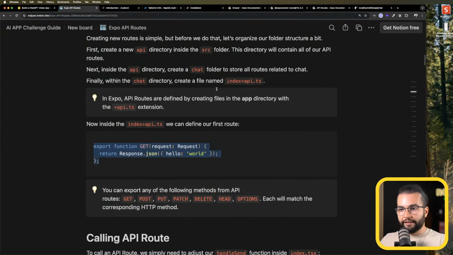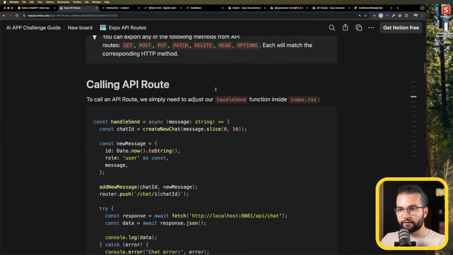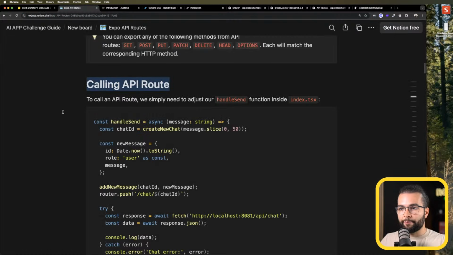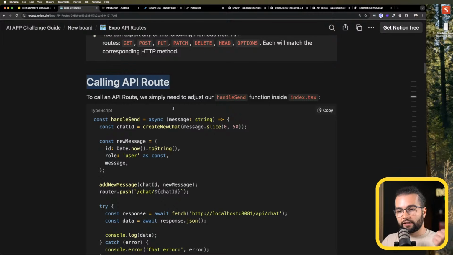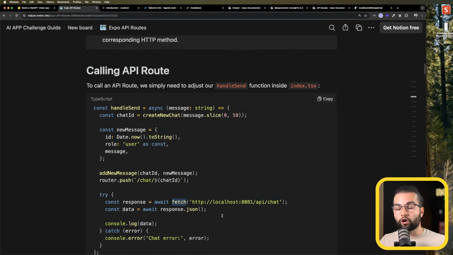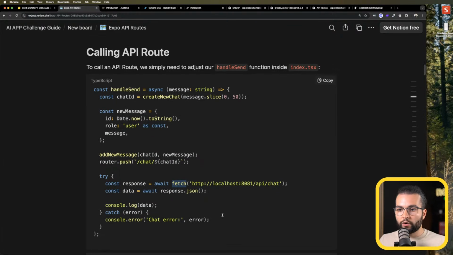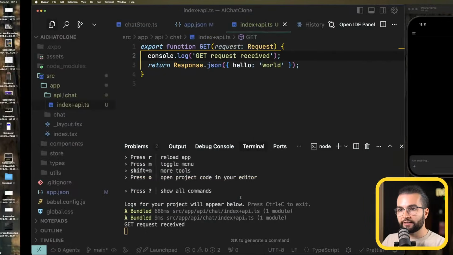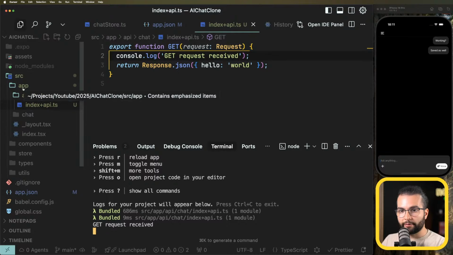Okay, let's go back to our guide. For now, we interacted with it by simply sending the GET request from our browser. But we can call an API route directly from our client side by using fetch as you would normally fetch a REST API. So in the handleSend inside the index, after we do router.push, we need to send this message to the backend. So let's copy this part and let's go to our application index,